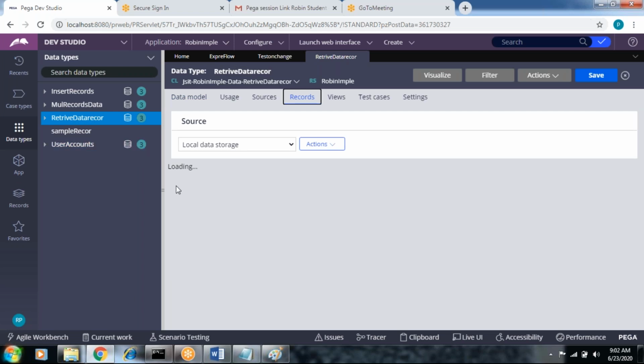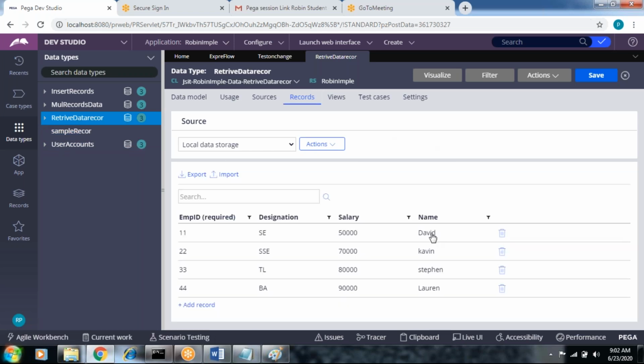This is the retrieve data type, the data type we created in the previous classes. Employee name, salary, designation. There is no pin code, right? Suppose the client is asking to add one more column to the existing data table. How will we do that? Is it covered or not? How to add a new column to the existing data table?